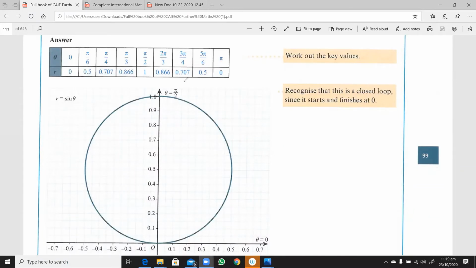He has taken the values from 0 to pi by 2, that is 0 to 90, and then again it has gone up to 180. So why did it take the values only up to pi, and not from pi to 2 pi? What is the reason for that? Why don't we have this table extended up to 2 pi?